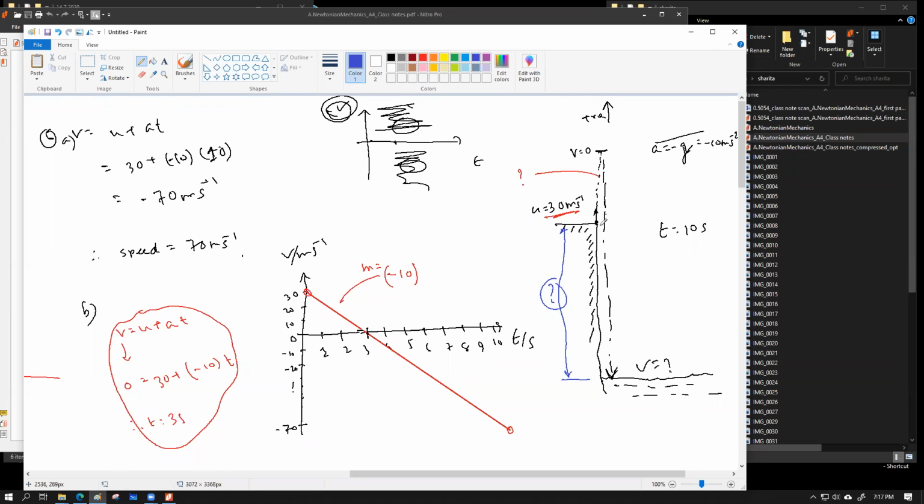Now have a look. This is the rising height, which should be the area of this part. Do you agree? Yes, sir. This is the total fallen height, and this should be the area. Let me use green for this part. So we can very easily calculate the individual area of these two triangles. That's pretty simple to calculate from the graph. This is the rising height, this is the falling height. And if we separate the total rise height from the total fallen height, then essentially